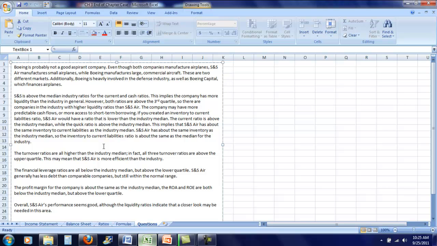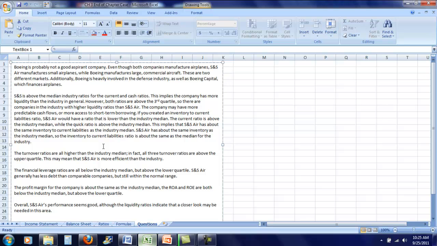When I'm looking at the turnover ratios, all of them are higher than the industry average. This means that since all three turnover ratios are higher, they are more efficient than the industry. So basically this is saying SS Air is very efficient in their turnover. That's for accounts receivable, inventory,